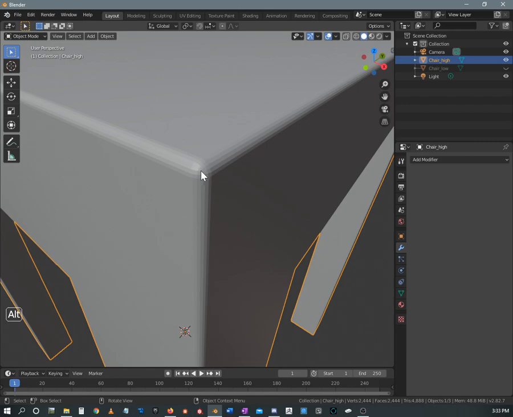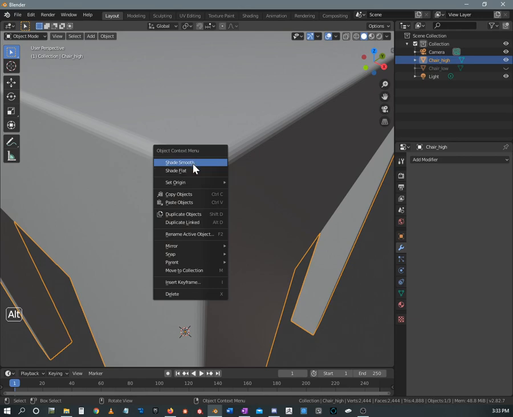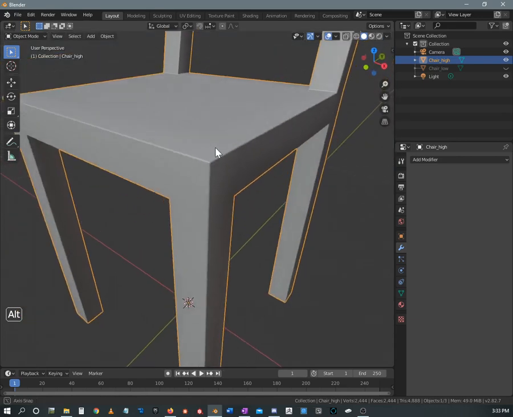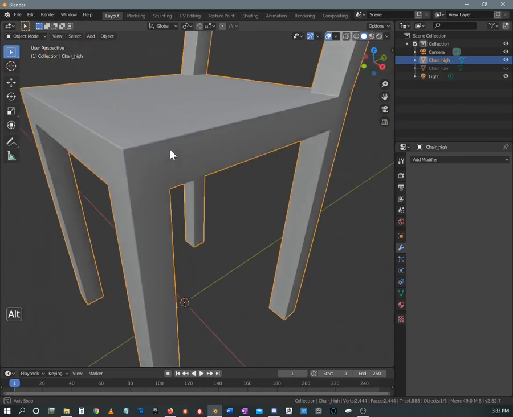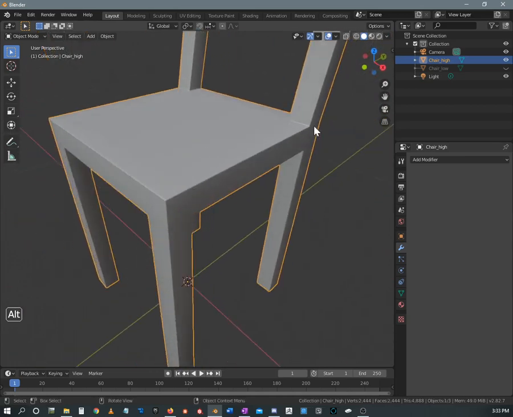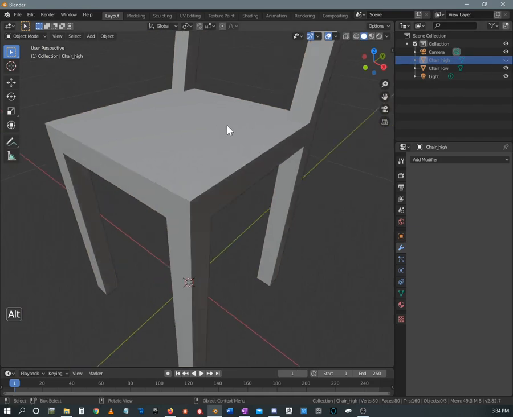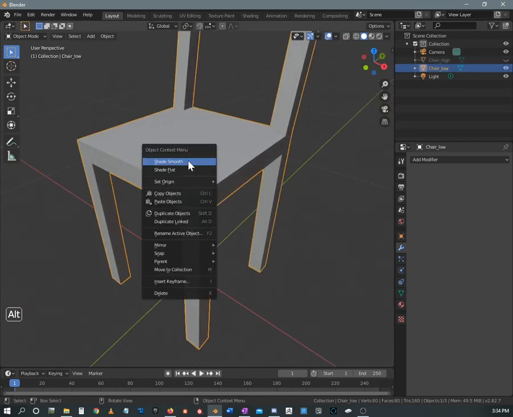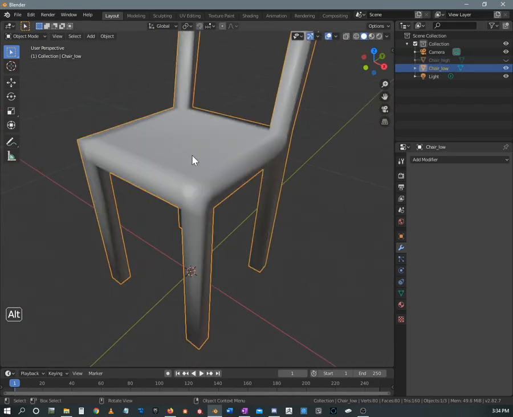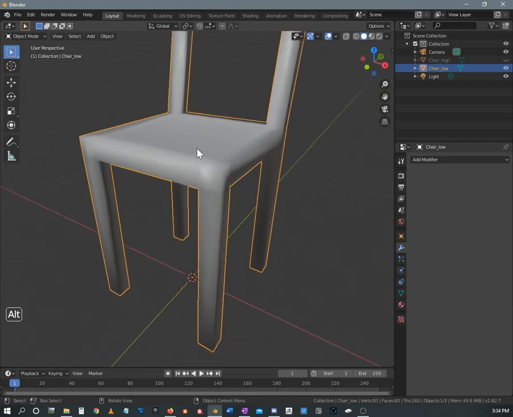And okay, so notice too though, even though we've got a lot of polygons in here, we can still see them. So we're doing a shade smooth on this one. And now it looks fantastic. And that's also a good time to go back to your low poly and also remember too that it needs to be shade smooth. And the easiest way to remember this,